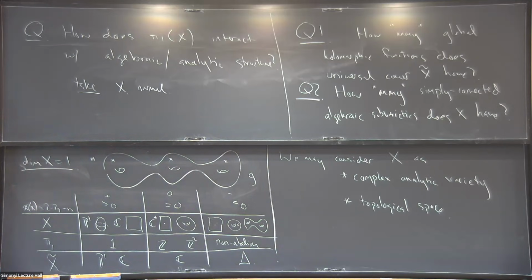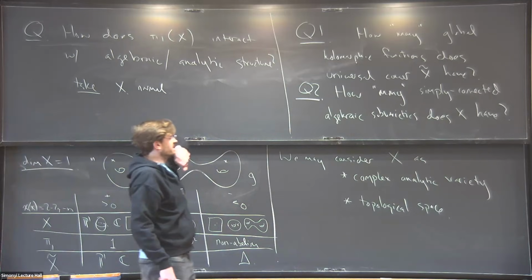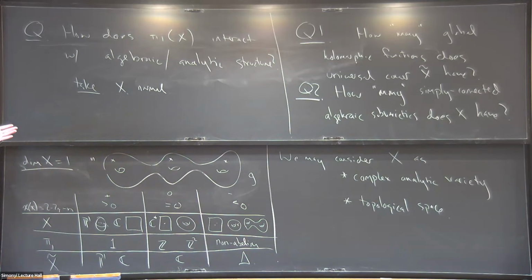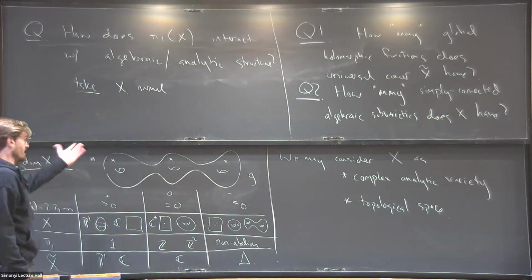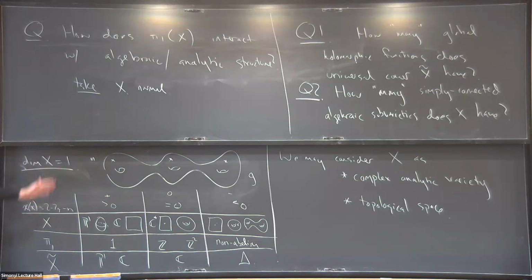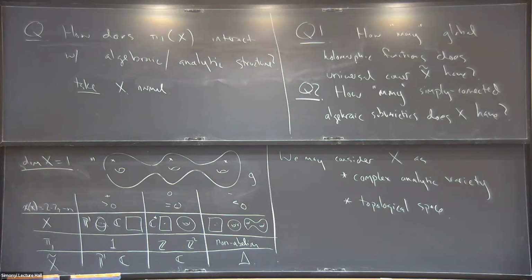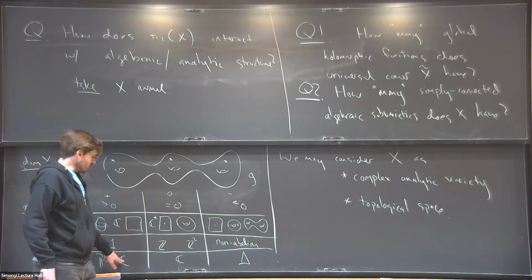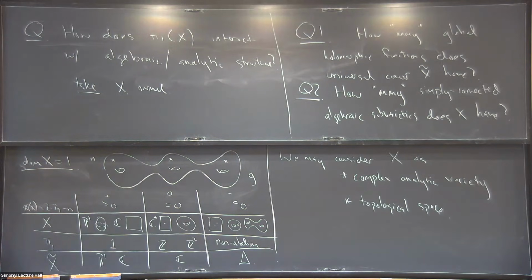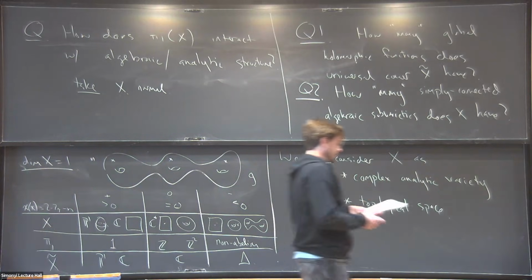Okay, so if we want to understand these two questions in the dimension 1 case, well, first of all, question 2 is a little silly because there are no strict algebraic subvarieties of X, except points, which are simply connected. So it's whatever. It's just any point. For question 1, we can just read off what the global holomorphic functions on the universal cover are. On P1, it's compact, so any global holomorphic function is constant. And if you're either the complex plane or the disk, there seem to be more holomorphic functions. There are many holomorphic functions, and in a way I'll make precise in a second.